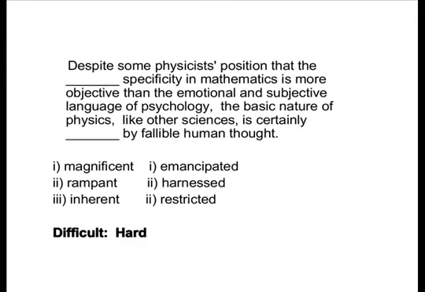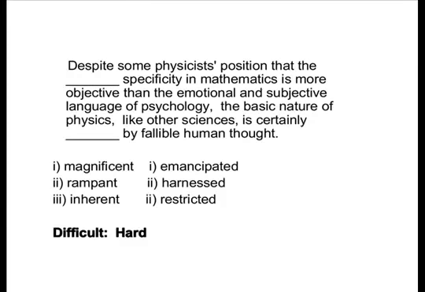But what you get right away is, again, the tone stating that physicists are susceptible to some of the same things that psychologists are susceptible to. They're not perfect. That's implied in the sentence. So we need to look for words that limit how physicists think.